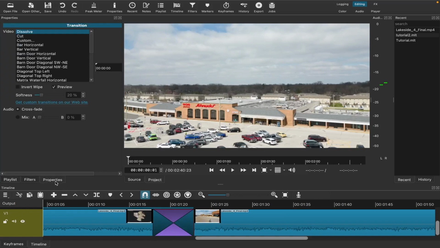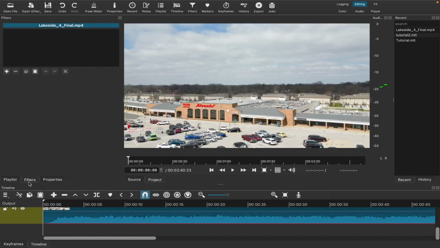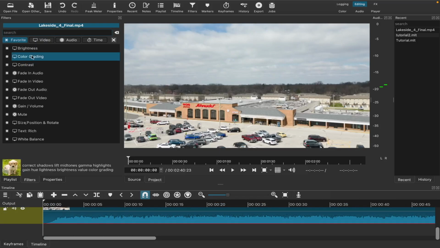Along with inserting transitions, I can also select one of these clips, and here I can click on filters and I can add a massive catalog of different filters to this clip. One other thing that I really like about Shotcut is depending on what you're working on, they have different views optimized to that task. Here, for instance, I'm currently in the editing view, which shows me the timeline down below